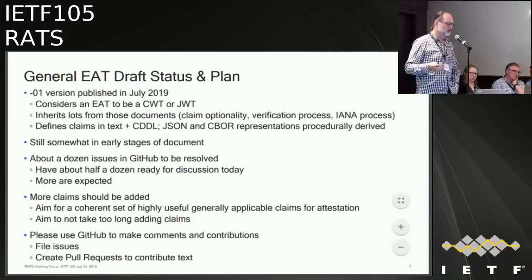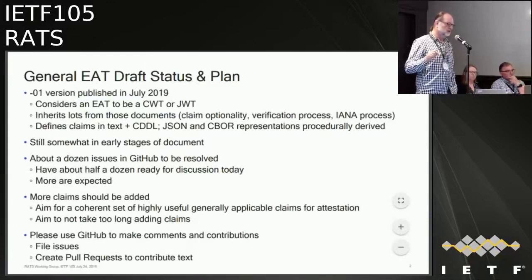My vision of this document, in terms of how many claims do we have in this document? There's a set here, but I'm actually expecting there to be more claims. And in Prague, I had some lists of them. It was nice to see how that lines up with the use cases, and that's really being considered in the use cases. So I'm interested in seeing more claims being proposed and added to this document.